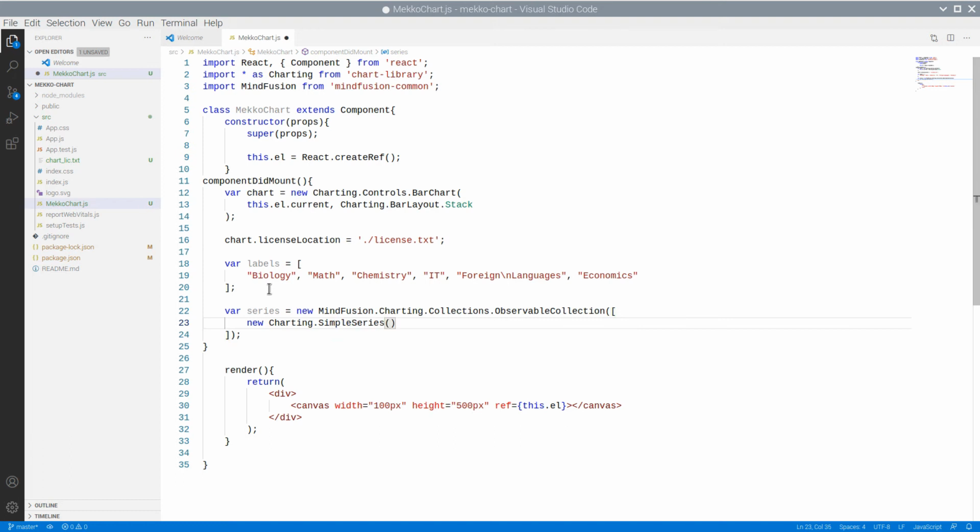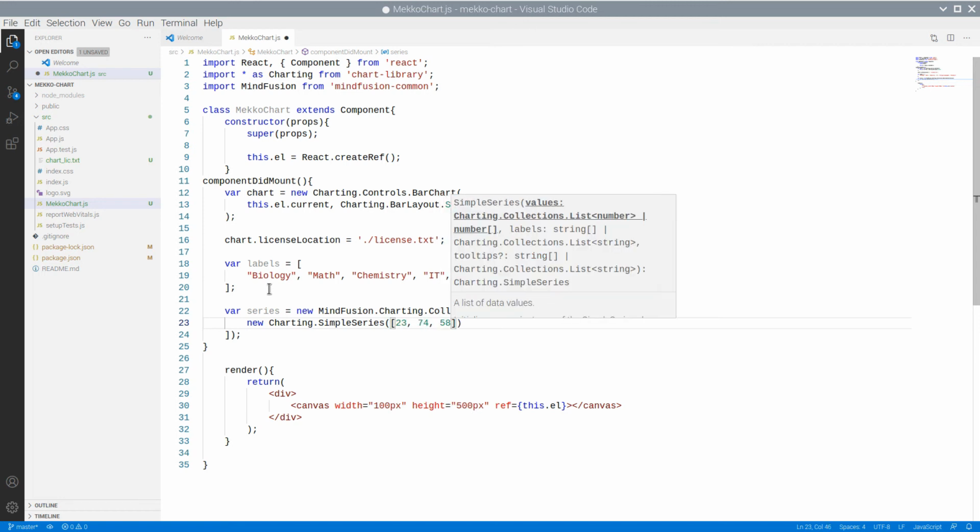The Simple Series has a list with data, and the same list is used for the labels, the tooltips.